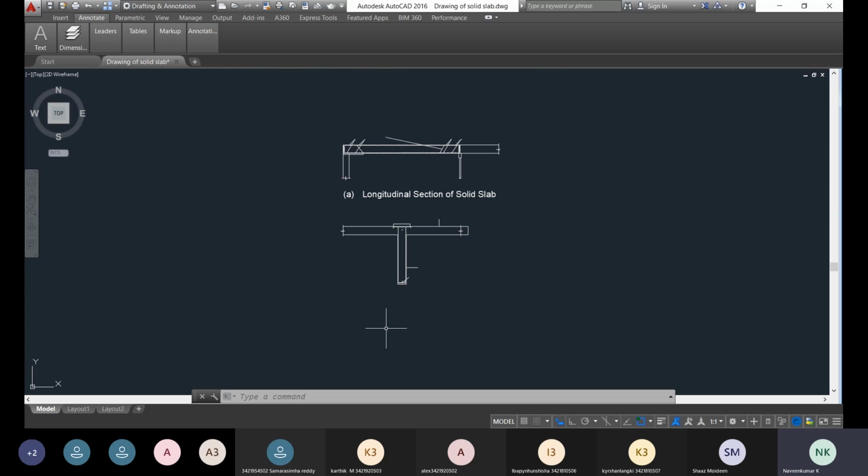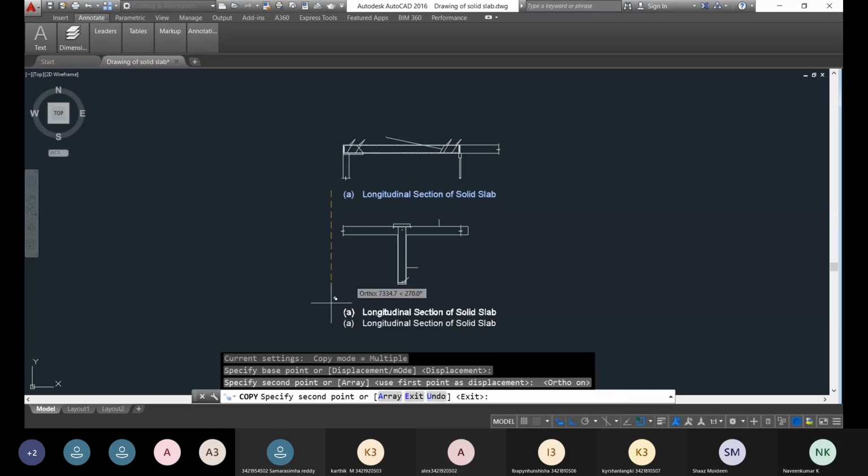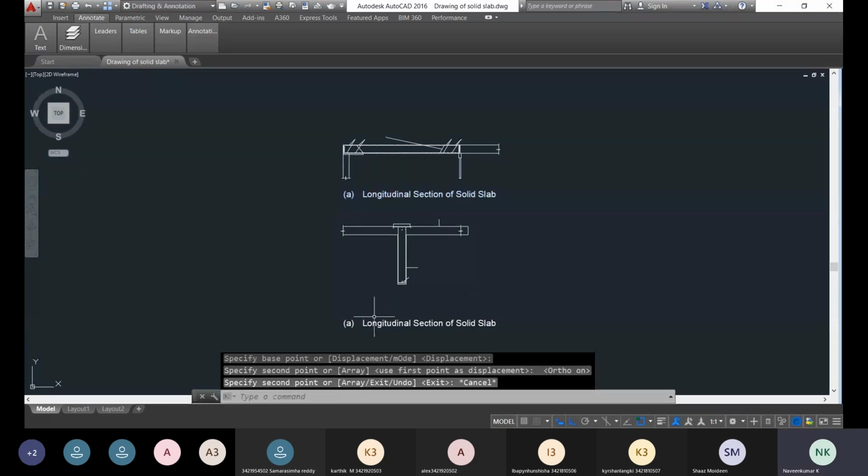It should be visible, no? Also you have to label what kind of drafting this is. For that you just copy this one, paste it here, and alter it.